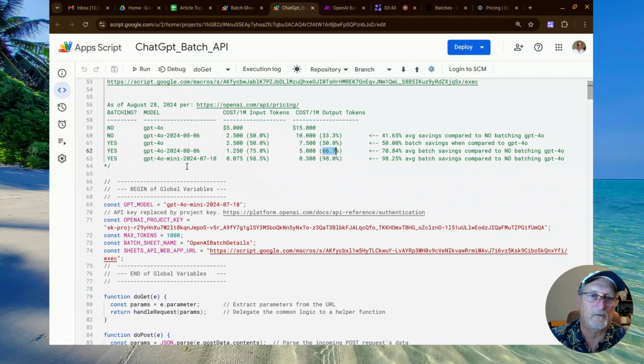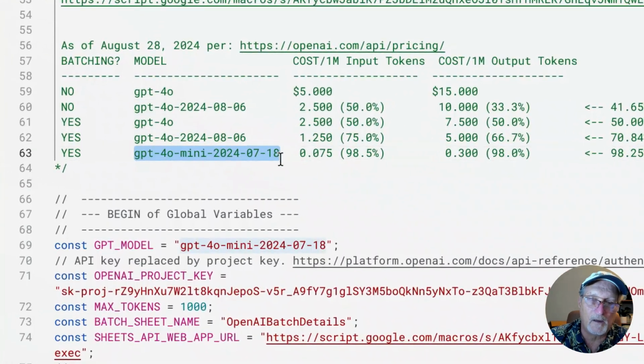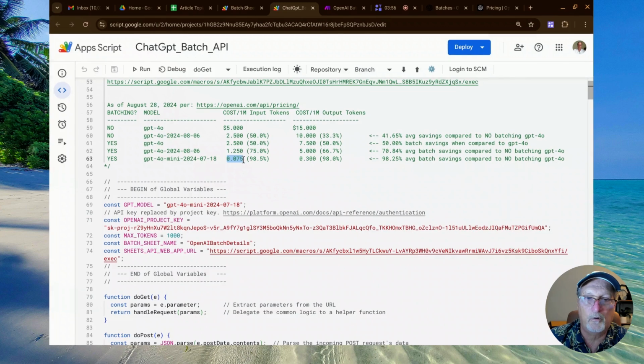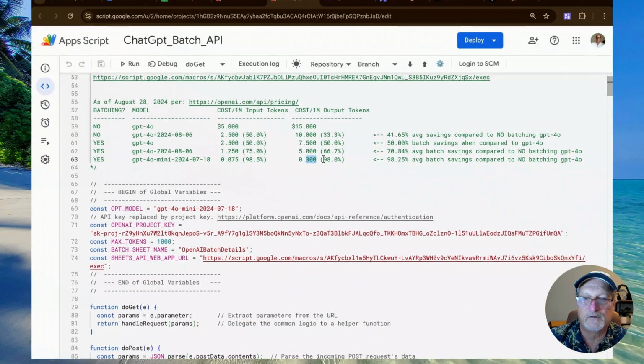And this is the holy cow moment. The use case we're doing with getting 5 keywords, I don't think you need the best. This mini version, as of this date, is only 0.075, which is 98.5% savings, almost free. The output is 30 cents, which is